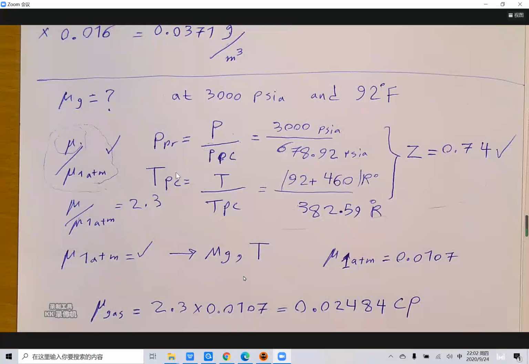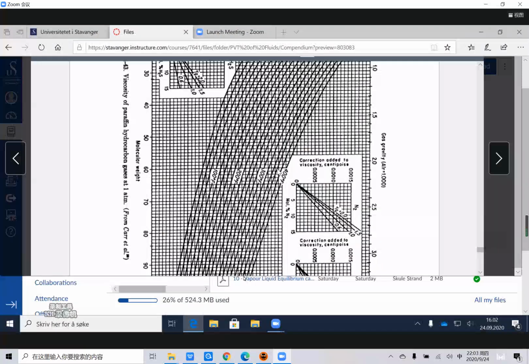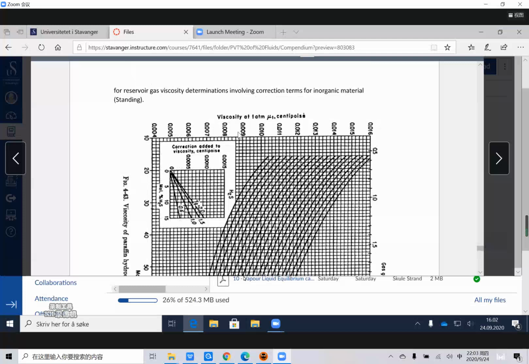So we locate on the x-axis the molecular weight, which is the 19.49 that we calculated at the beginning of the problem. Yeah. And then what temperature do you use? The temperature is 92 Fahrenheit. You can assume that is 100 Fahrenheit. You can go from 20 molecular weight to